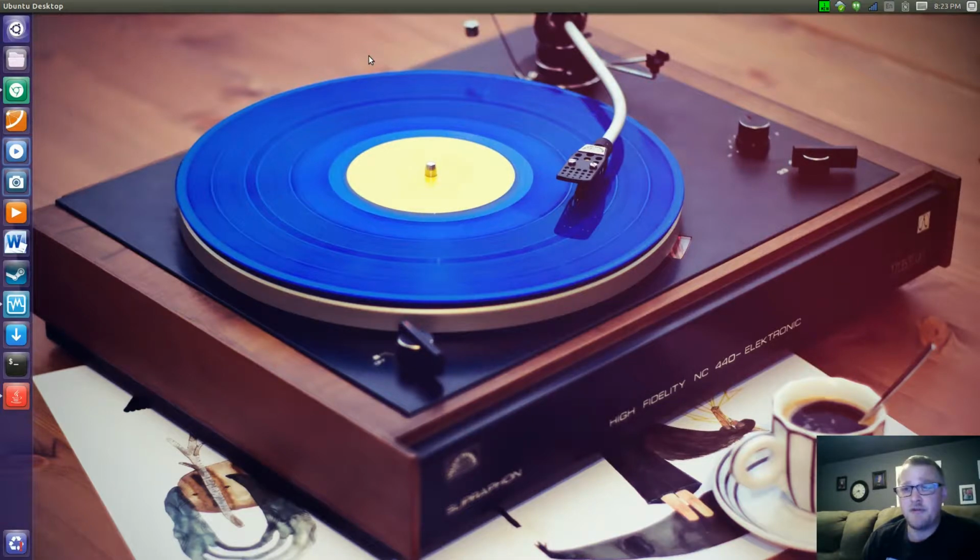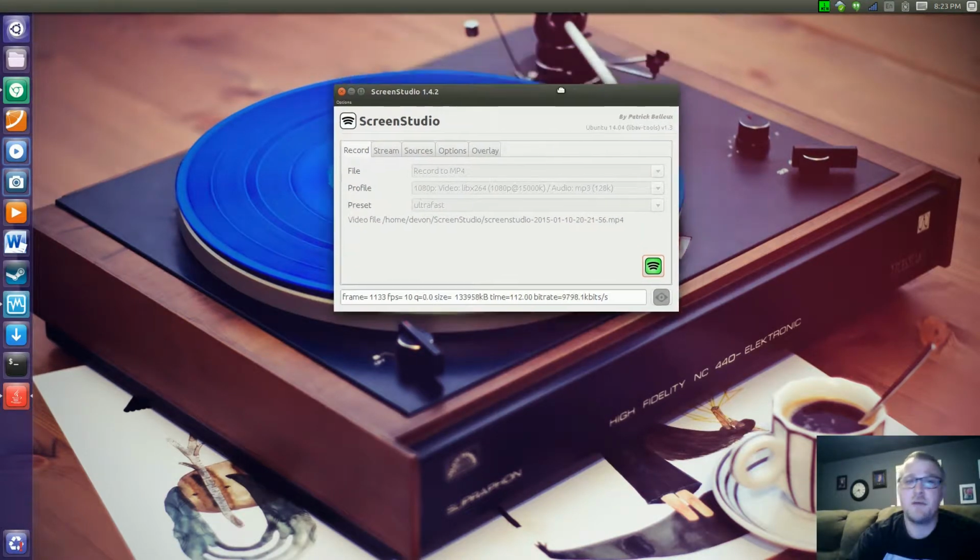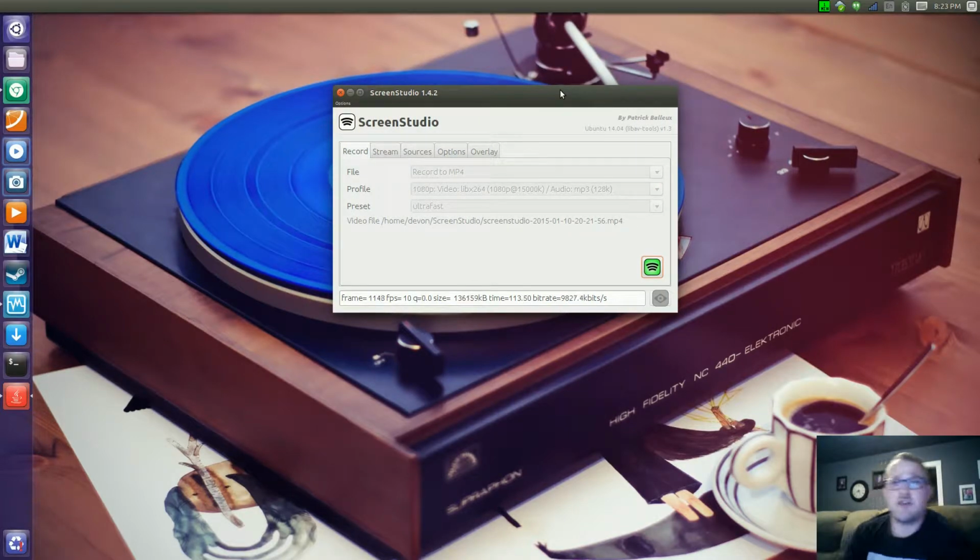and the biggest thing I'm going to show off, of course, is this new screen capturing tool. I found it completely by accident, and we'll open it up here, and it's called Screen Studio. I was looking for something that would maybe have more features. I was using Simple Screen Recorder in the past, and Simple Screen Recorder is pretty good. But this here, it doesn't have all the same features as Simple Screen Recorder does, but